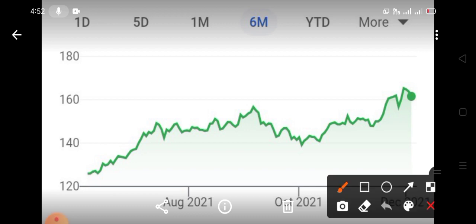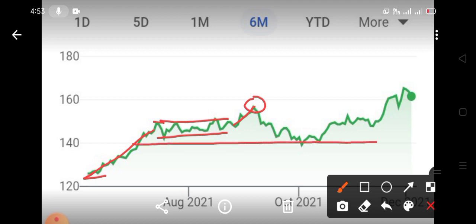In 6 months the Apple stock low is below 130 and above 120. From there it moved around 150 and then it took some consolidation phase around 150. From there it goes to just 160. From there a good correction came and the stock support in the 6 month chart is around 140, and you see a major cup with handle breakout around the 150 level, and from there stock moves fast and above $170.